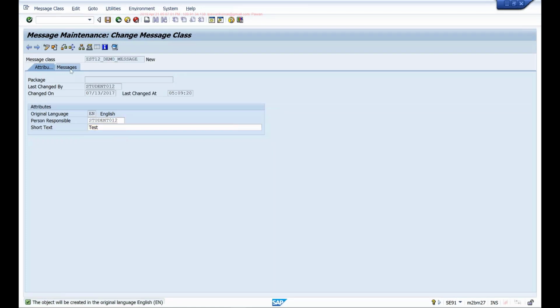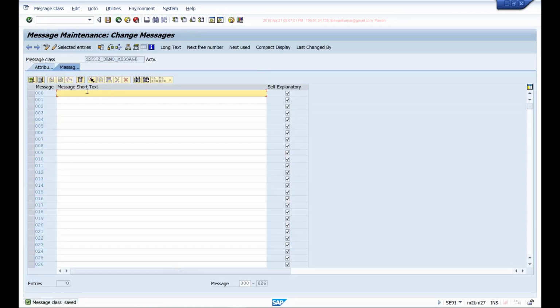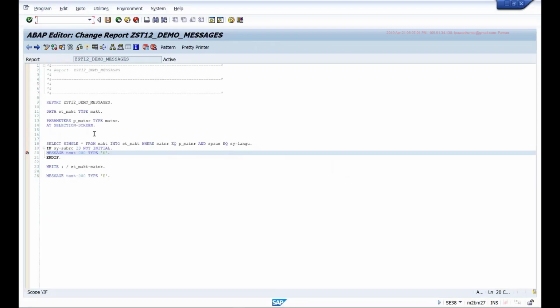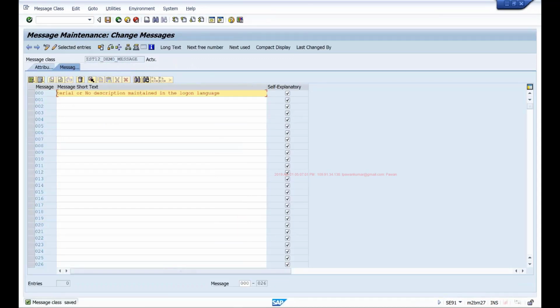And if you go to this messages, so it's a repository object. It's asking me to enter a package. Here I can maintain my message. What is the message? I'll copy this message. Okay.